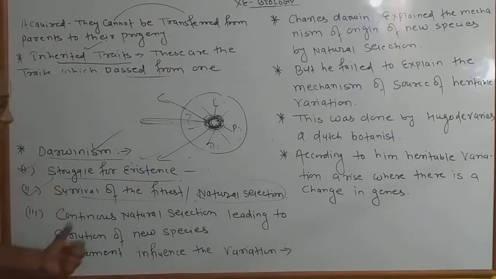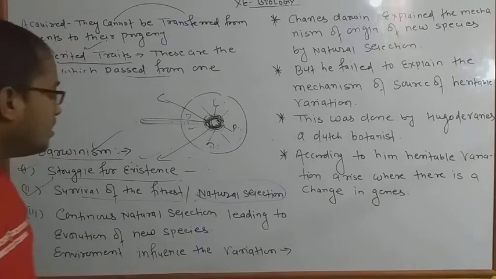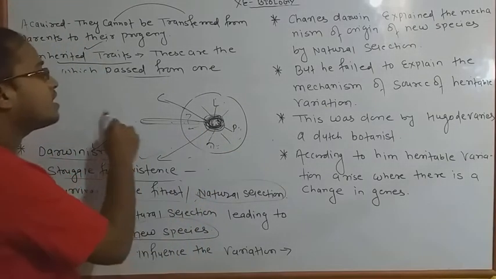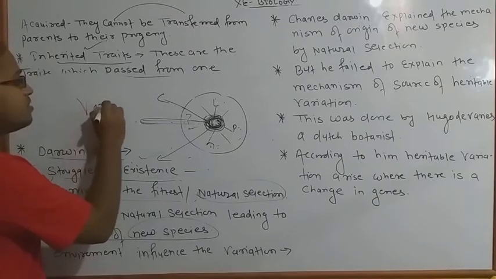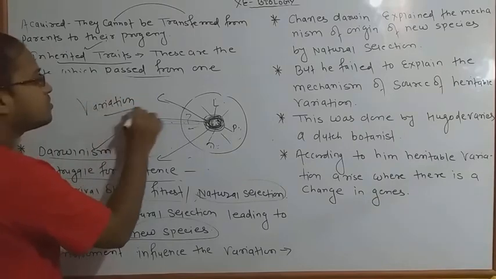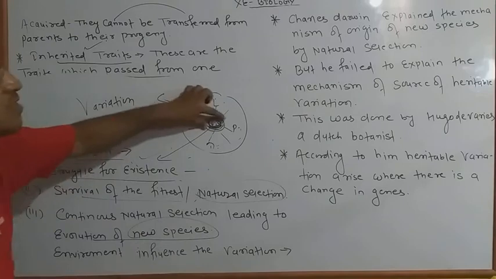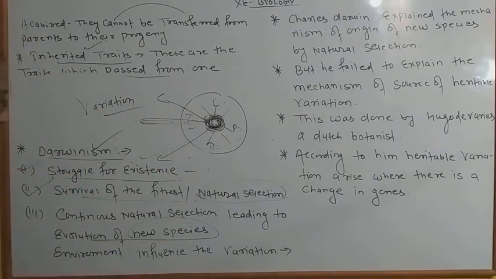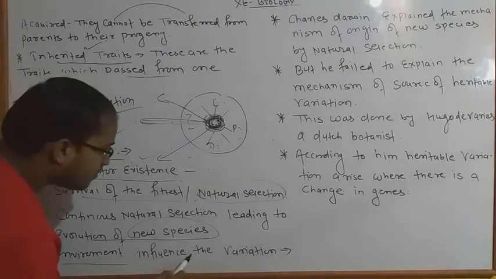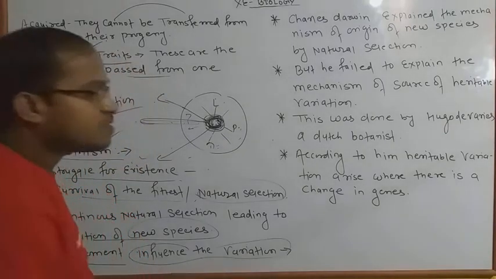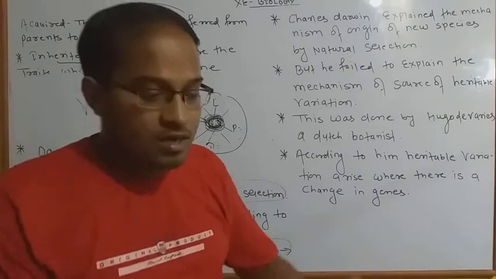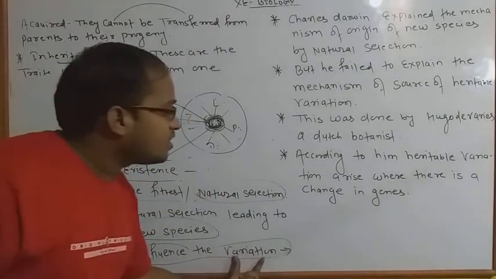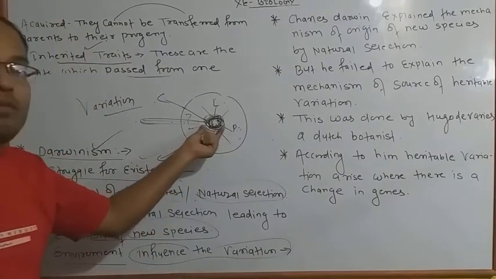And third law, the continuous natural selection leading to evolution of new species। अगर ये अपने आप को evolution करते जाएंगे, इनमें एक सबसे important चीज होगी variations की। If there is a possibility of variation, definitely they can survive well in comparison to all other beside organisms. So apart from that, environment influences the variation। इनमें सबसे बड़ा जो रोल प्ले करता है, the conclusion of all three laws is environment influences the variations।